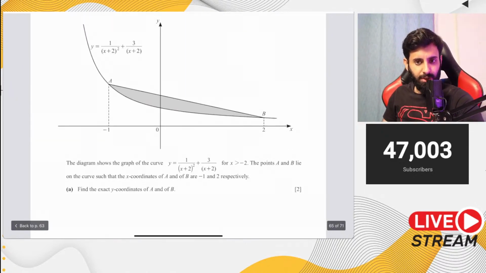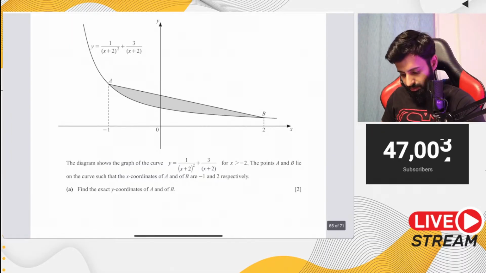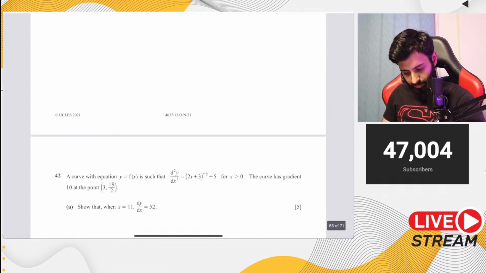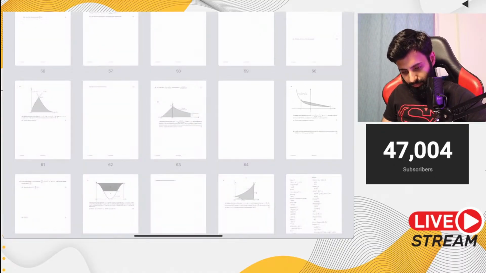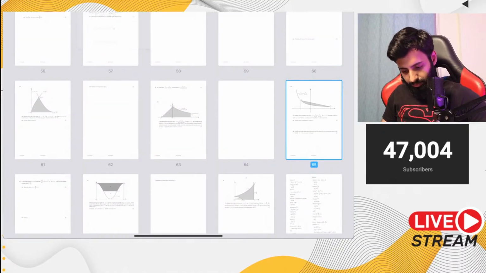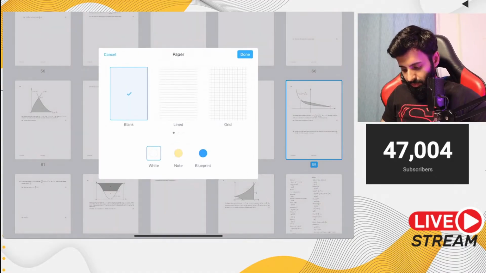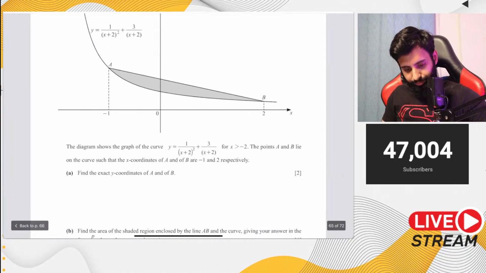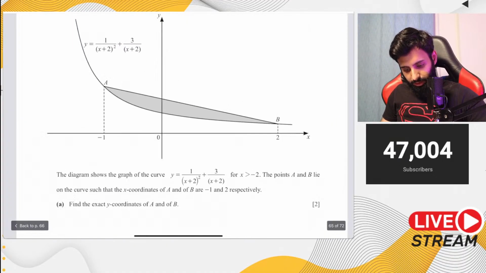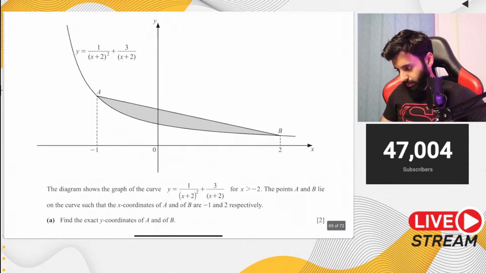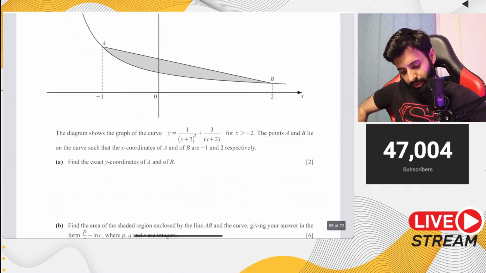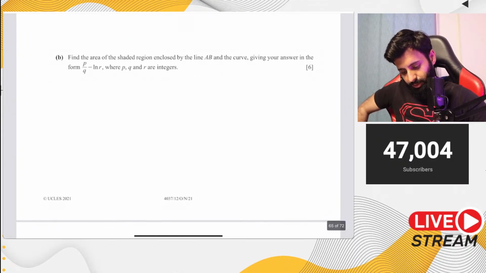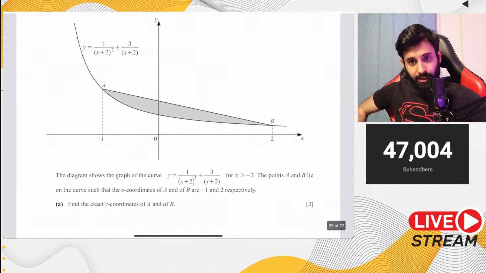Okay, let me see if I've already solved this question. No, I haven't. Okay, now let's solve this. Okay, this is from October-November 2021, paper 12. Okay, so it says here,